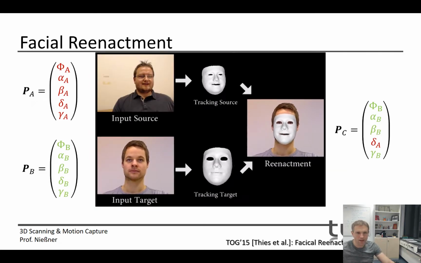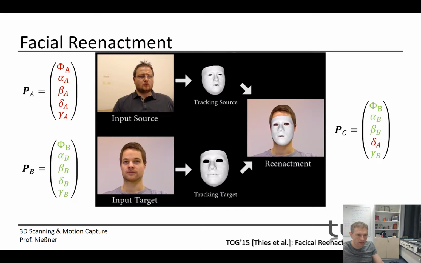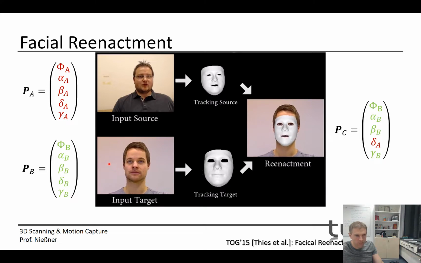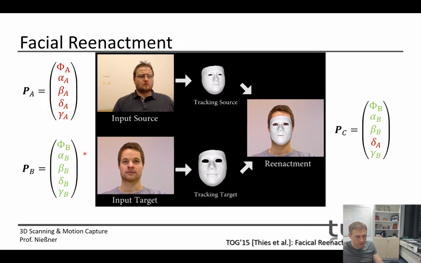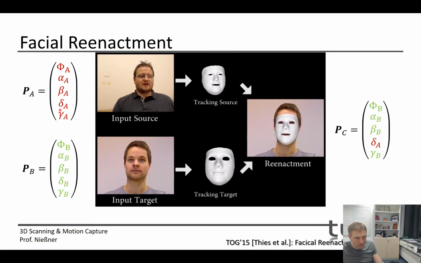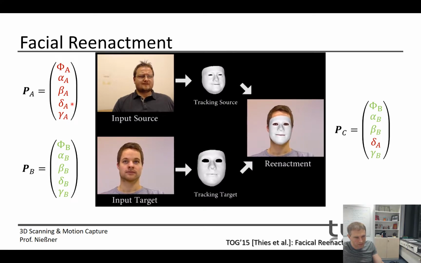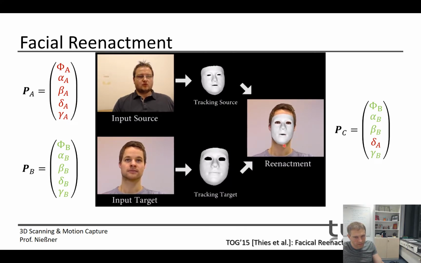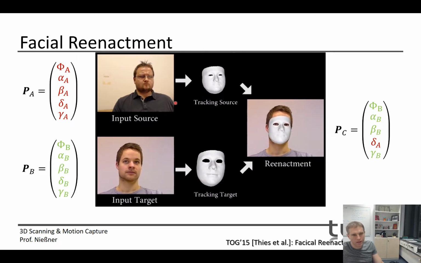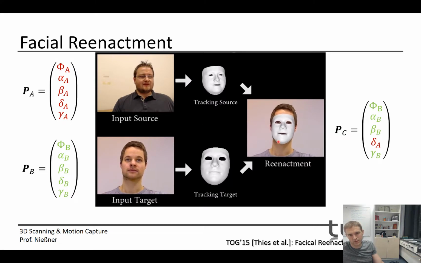Yeah, in practice it looks like this, right? So what we're doing here is we have the input source and the input target. We're tracking all of the face parameters of both of them. And of the source, we're taking the expression parameters, so we're taking the delta parameters. And for the re-rendering, for the reenactment, we're using these delta parameters to re-render his face, but with his expression parameters. Right? This is what's being done here. You see,